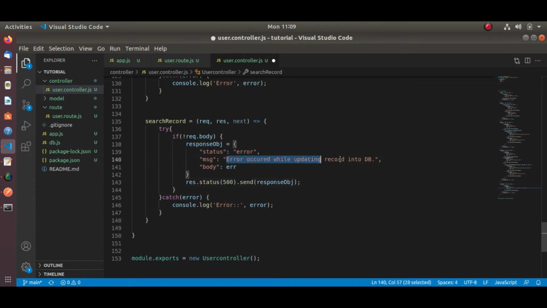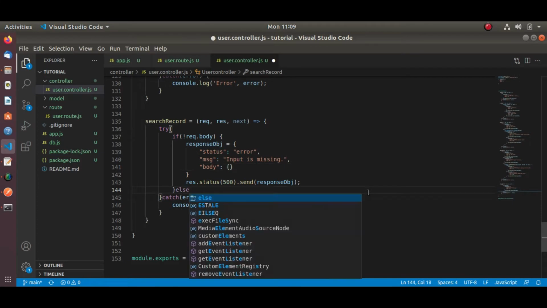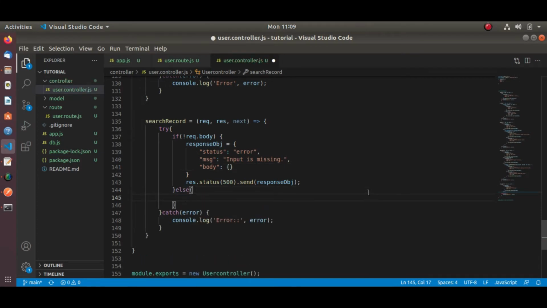Now here I added some error message or validation message. My message is input is missing, so body part let's keep it blank. So in the else part we will do the database operation.